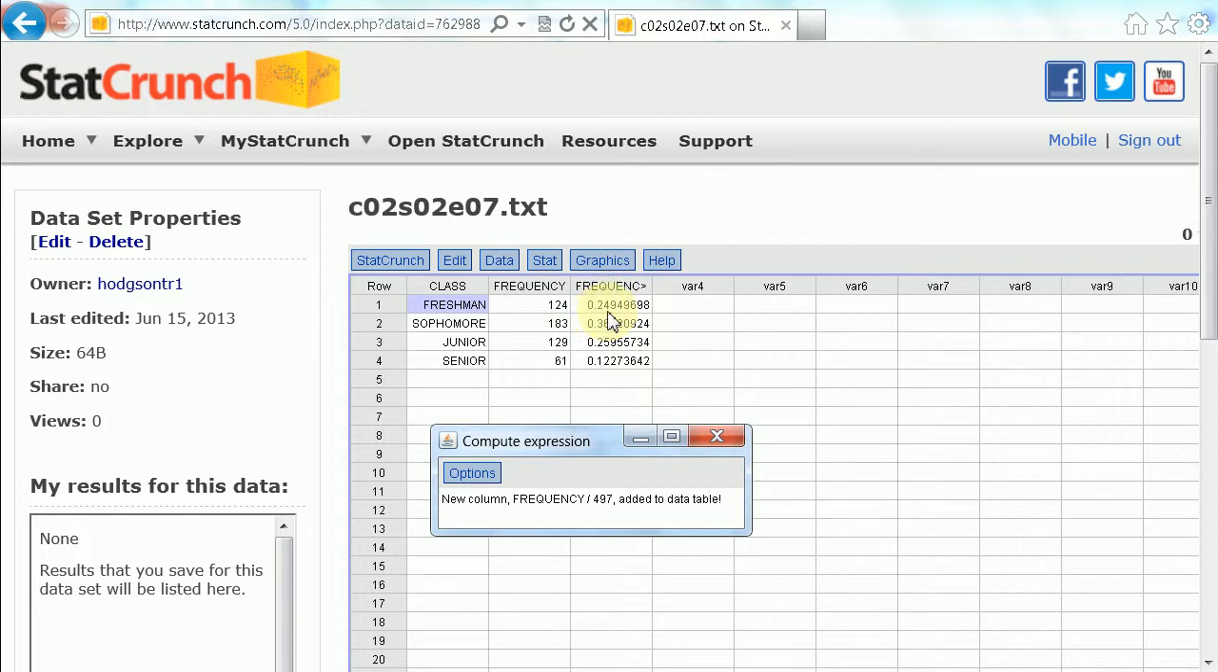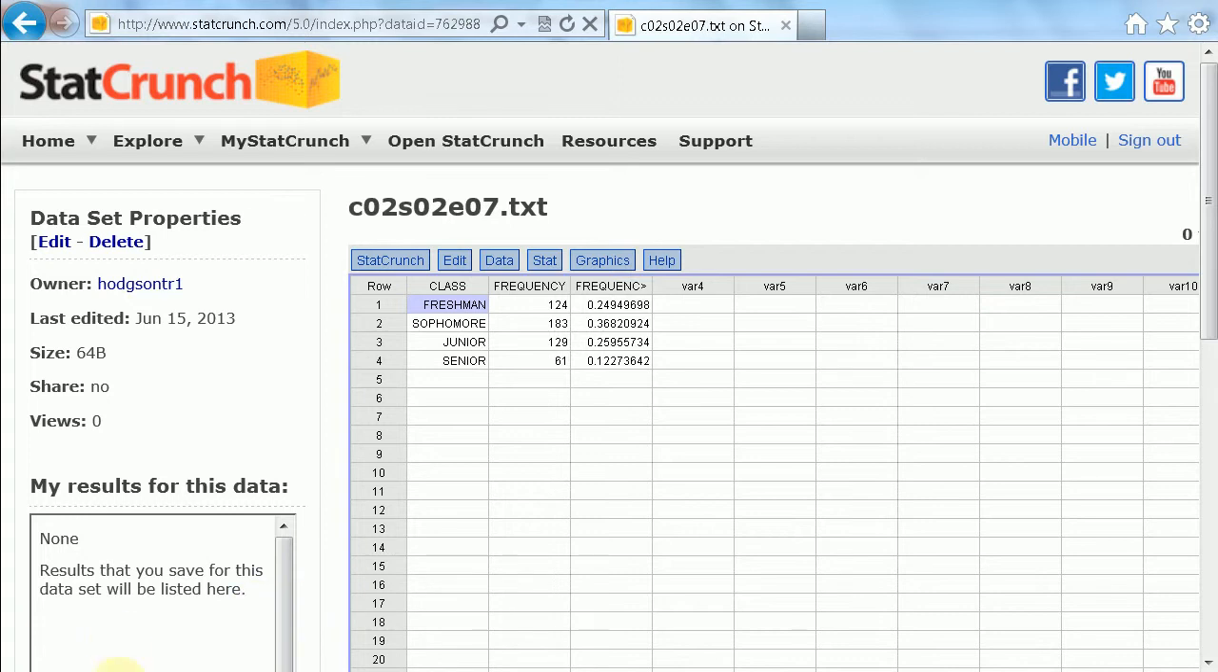There are 24.949% freshmen, 36.82% sophomores in our data set, and so forth. All right, going back to the